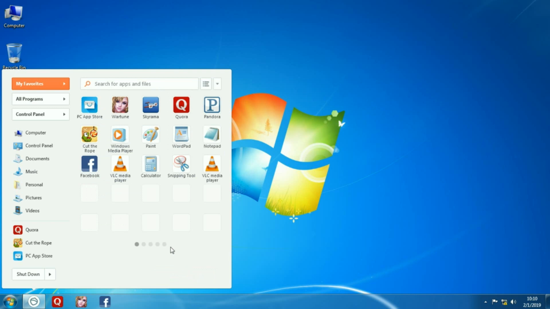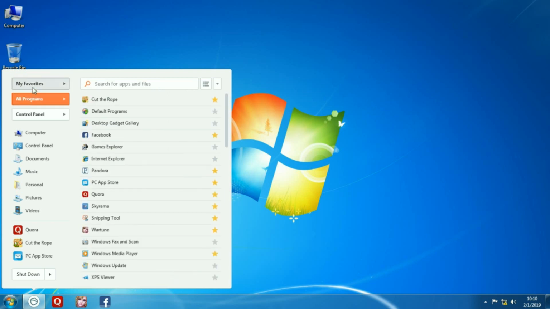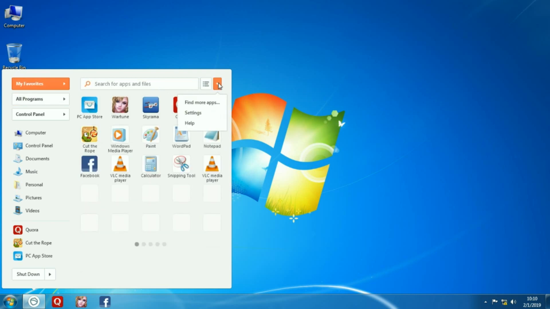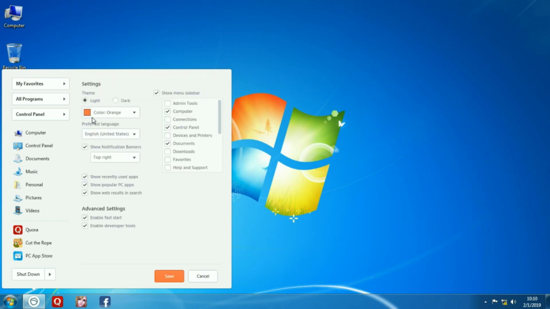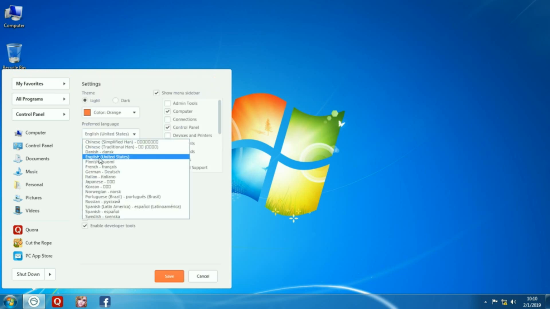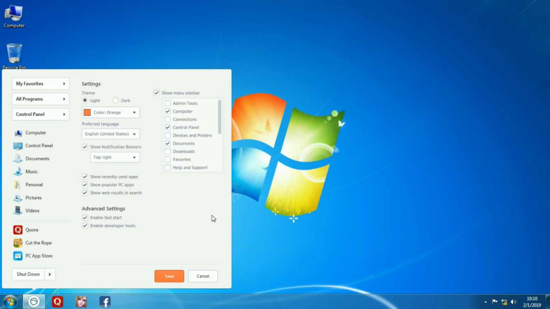I'll save that and see with the orange. So the highlighted stuff and the search button has that accent colour going on. Now there's no English United Kingdom, it's just United States. Oh, Americans get all the fun. But